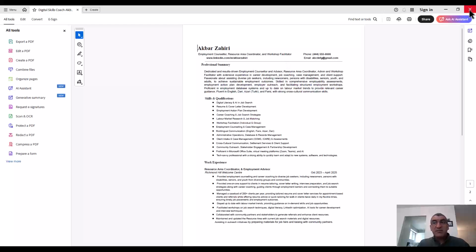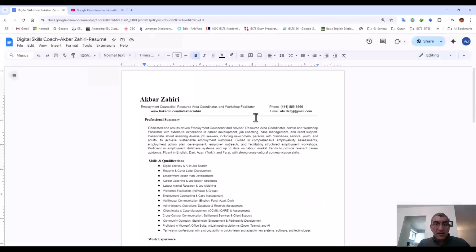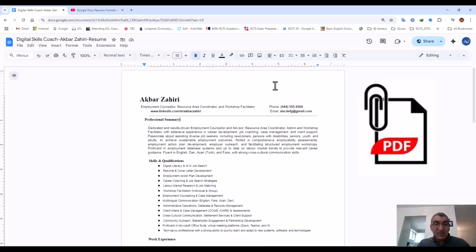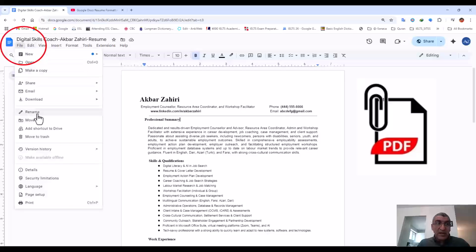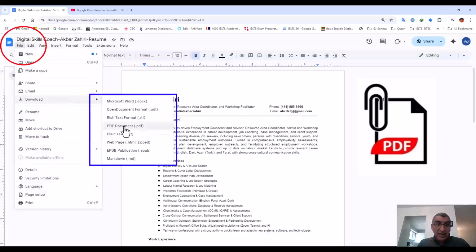So this is very important. Again, pay attention. Never send the link or share it with an organization or somebody that you don't want to edit it. It is not good. Only send as PDF. To send a file as PDF on Google Docs, you go on File, then go to Download, then here click on PDF. It changes as PDF, saves on your desktop, documents, downloads, anywhere that you can find it.